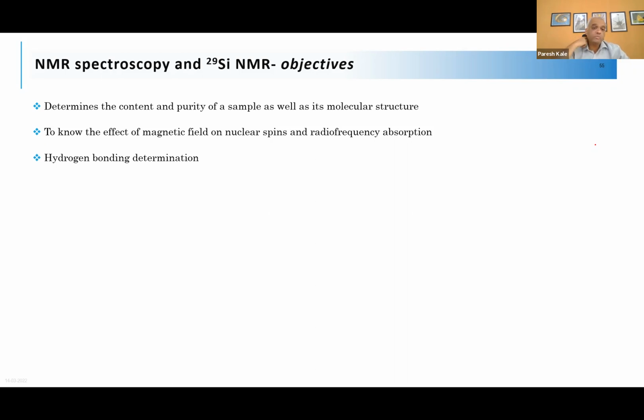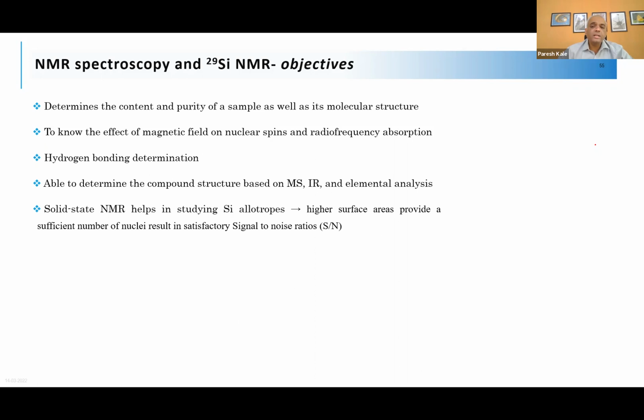So majorly this bonding would be hydrogen, and apart from that, the oxygen as well, because these are the two major species we have got on the surface. So it can determine the various structures. Elemental analysis can be done, and here, because it's silicon, we have to use a solid state NMR